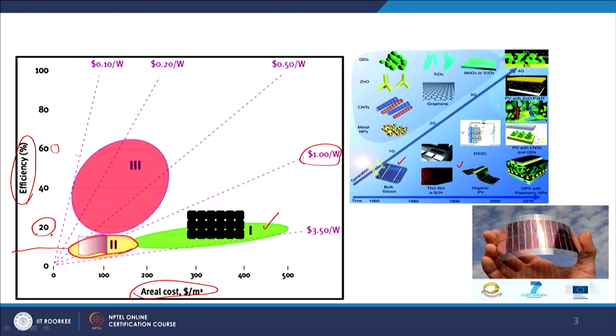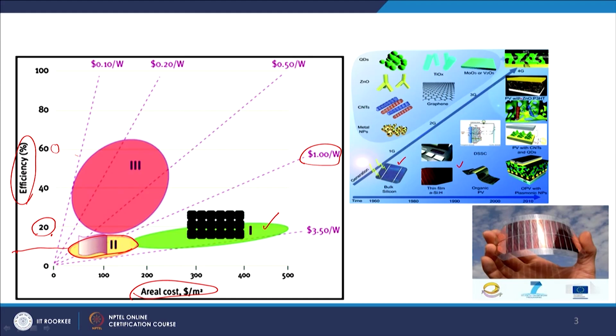And then finally, we have the fourth generation solar cells. These are the photovoltaics with organic inorganic hybrids like zinc oxide, which is an inorganic compound, and P3HT, which stands for poly 3 hexyl thiophene. This is a conjugated polymer. This polymer is used to make organic solar cells, but when you put the inorganic oxide with the organic polymer, then you get a hybrid solar cell.